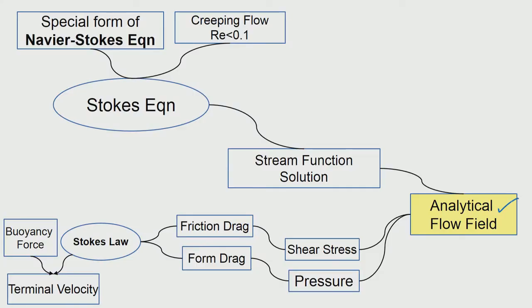So, the analytical solution is available. So, technically the problem is over, but we now want to take this a little bit further because of a particular metallurgical application that we normally are familiar with. So, what we do is we will use these flow fields to arrive at the pressure and shear stress distributions. So, both tau and sigma, that is basically the r theta and r r, and here pressure.